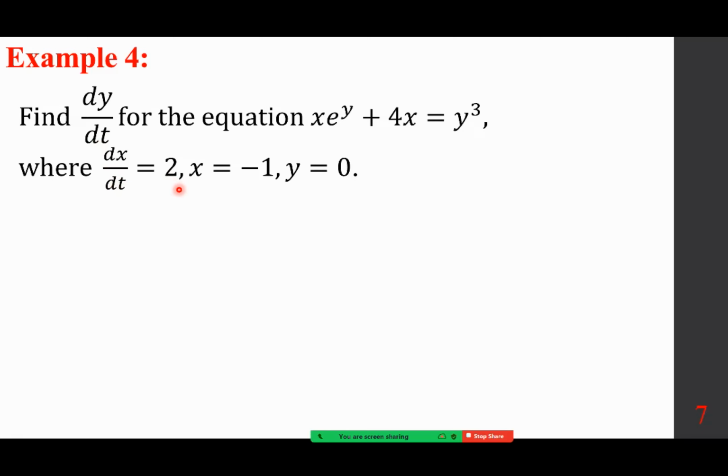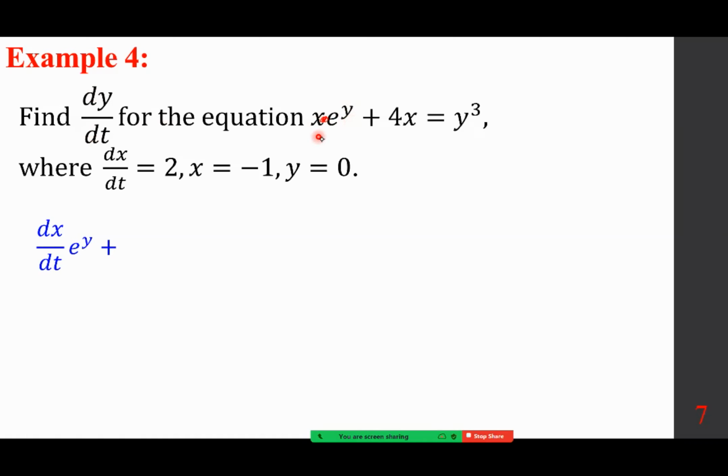So right away, let's put a raised dot in between here so we can use the product rule on this. So put a raised dot between x and e to the power of y. So let's differentiate this. x gives you dx dt times e to the power of y plus e to the power of y. Remember, exponential, the derivative is always itself, and then you look further. So e to the power of y itself times, by the chain rule, the derivative of y, which is dy dt,